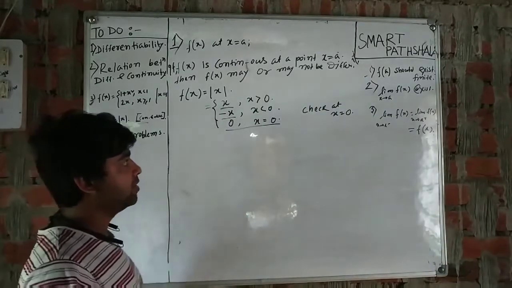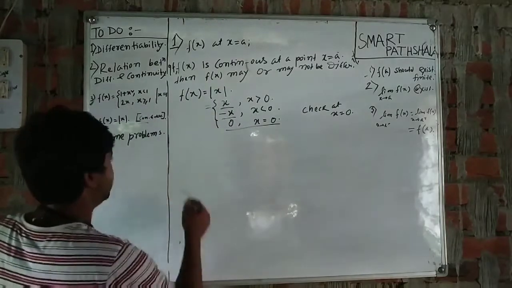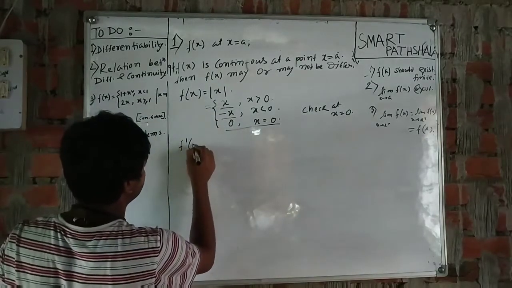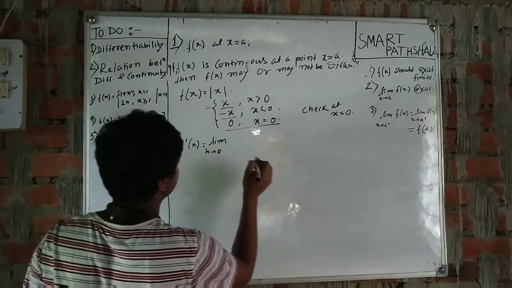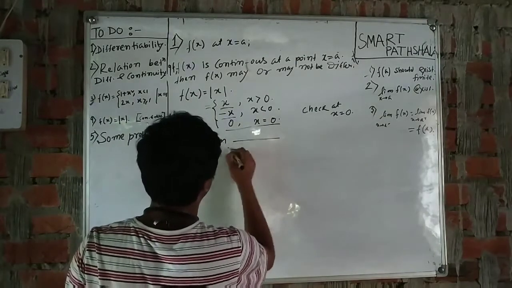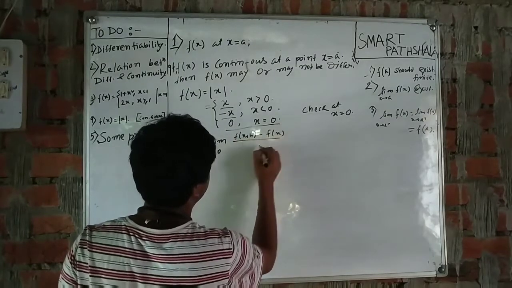For checking the differentiability of this function at x equal to 0, let us first write the differentiability in the limiting form, that is the limit as h tends to 0 of f of x plus h minus f of x by